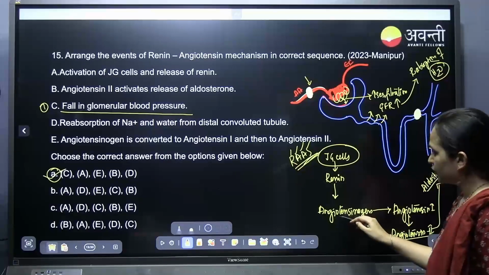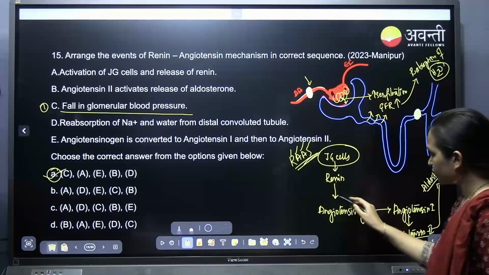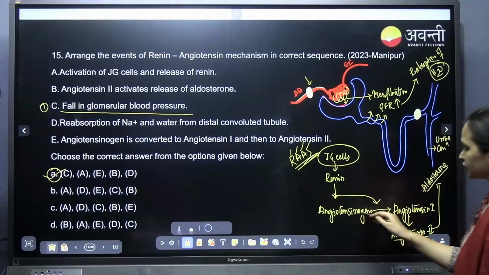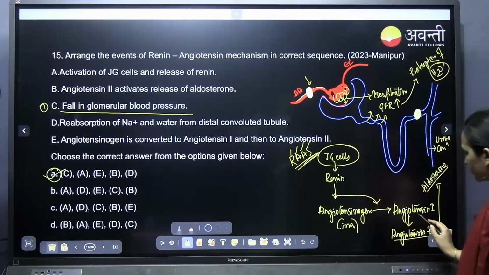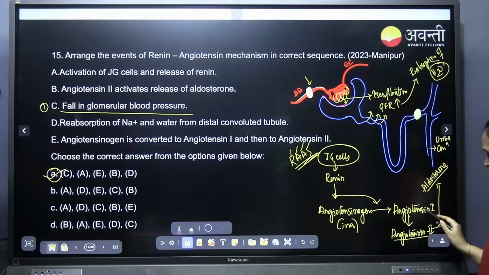Renin converts angiotensinogen, which is in the inactive form, to the active form, angiotensin 1. Angiotensin 1 will be converted to angiotensin 2. Angiotensin 2 gives the signal to the adrenal cortex to release aldosterone. This aldosterone